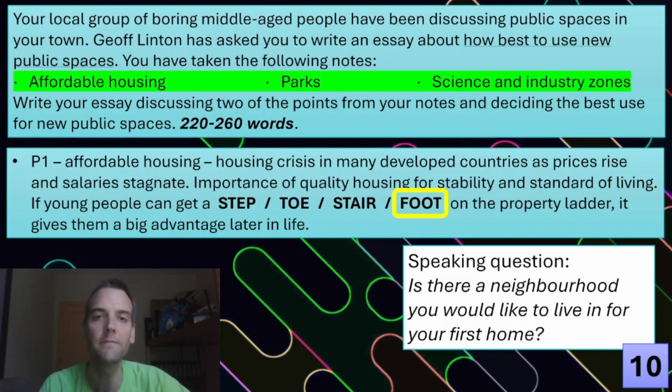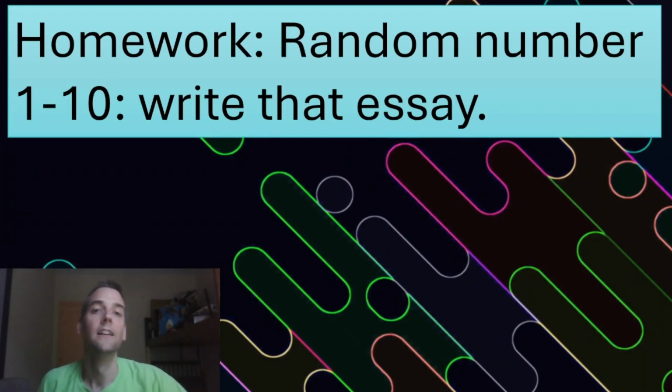So in conclusion, write these essays. That is your homework, isn't it? I would recommend, you've got 10 topics here, choose a random number, write that essay and send it to your teacher, which could be me. I'll be happy to ignore it. Or if you pay me some money, I'll even give you some feedback. Or you could just give it to your regular English teacher who will probably correct it. I mean, they're busy people, English teachers, but we like it when students go the extra mile.